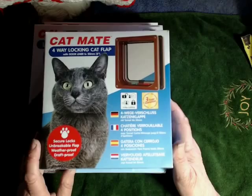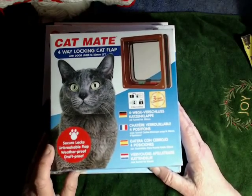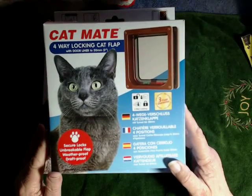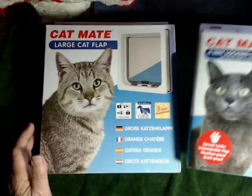I was told by one of the customers on the Amazon page that his 18-pound cat flies through this door. So I thought, my 16-pound cat can fit. He must have the longest, skinniest 18-pound cat in existence, because there's no way my 16-pound cat is fitting through this door. Absolutely not. So I went and bought this one,